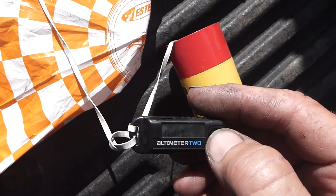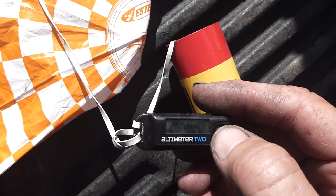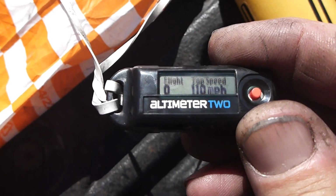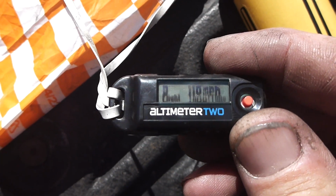Flight 0. Maybe that's what it was already going to do anyway. Let's get that now closer. This is flight 0. This is like its built-in